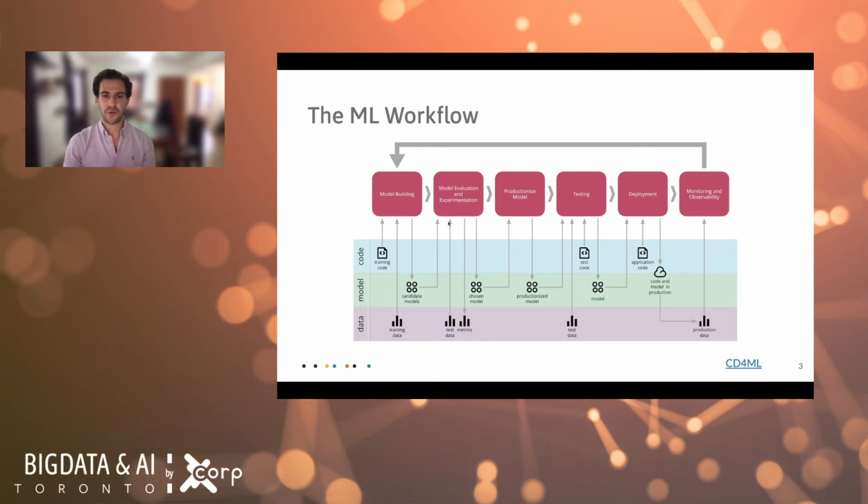From there, we evaluate these different models against each other, maybe experimenting and doing some hyperparameter tuning. And from there, we select a single model that is first going to get productionized, so turned from a model object in whatever language is being used to build the model into the language that the model is actually going to be deployed in. Very often your model gets trained in Python, but gets productionized into Java or C++, whatever environment the production code is running in. From there, the model needs to be tested. You need to make sure that it integrates with the rest of the application. And finally, it can get deployed, right?